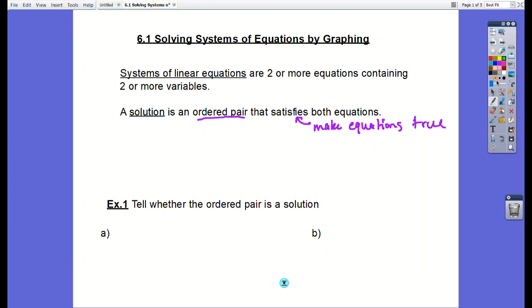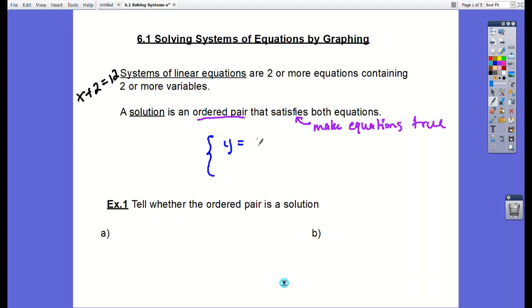And that's the same thing like when we solved in chapter 2, when we solved x plus 2 is 12, we know that x is 10, and when you plug in 10, you get 12 equals 12. So you made the equation true, right? You got a true statement. So it's the same thing, but now instead of plugging in one number, you're going to plug in an ordered pair. So an example of what this solution looks like is if we had this system,